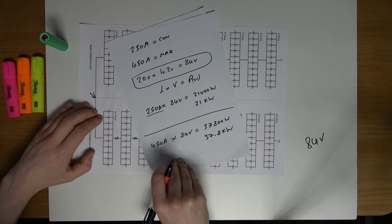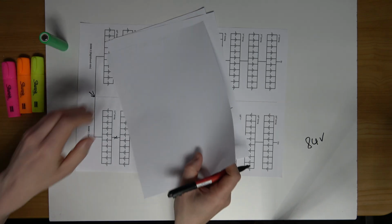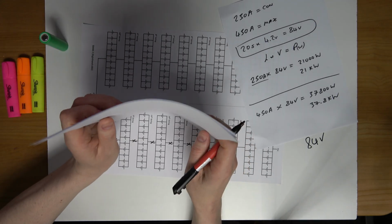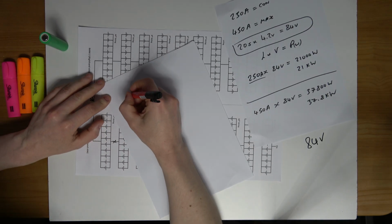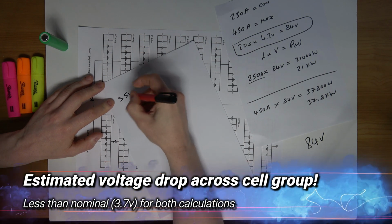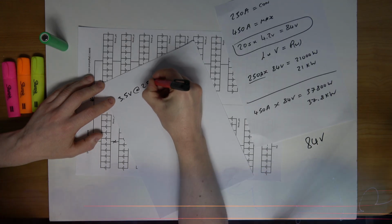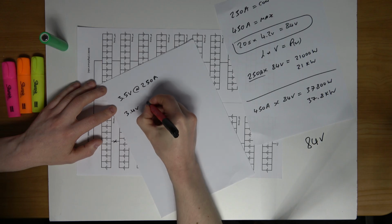So these values are in an unreal world. There will be a voltage drop across the cells. So the higher the discharge current, the bigger the voltage drop will be. So let's say that I take the voltage drop into consideration here. So I'll say a value 3.5 volts. So that is the voltage across the cell when I'm drawing 250 amps. And let's say it's 3.4 volts at